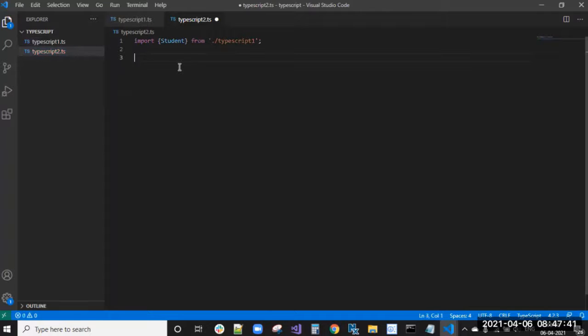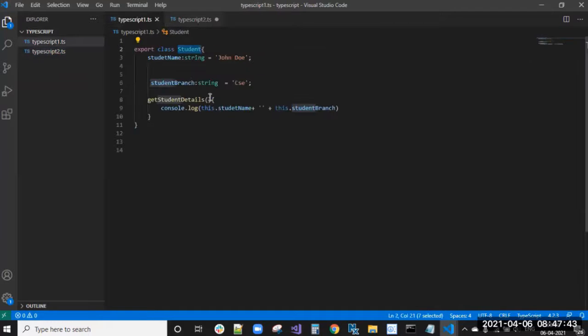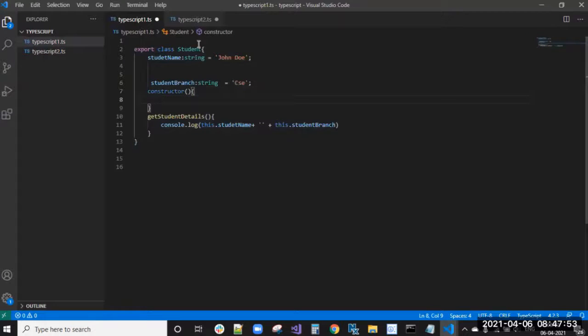So we need a constructor here. Constructor, student name. These I have given as hard coded values, right? I'm removing those hard coded values.